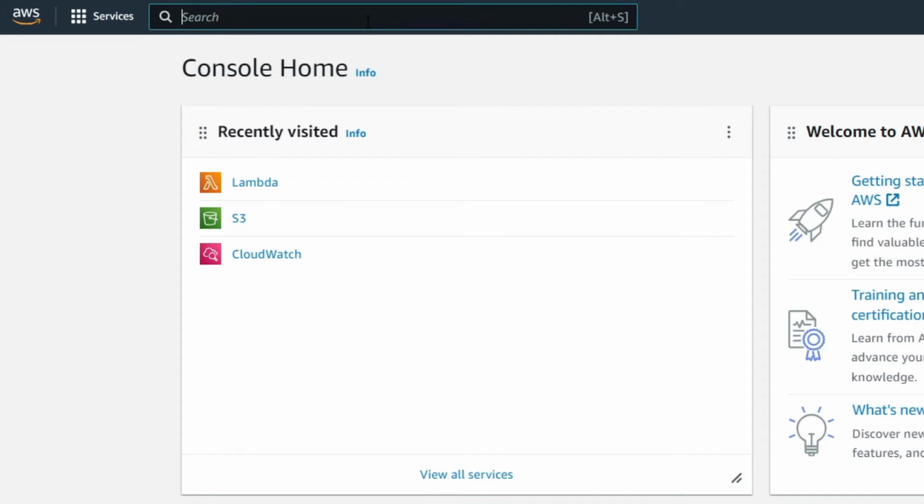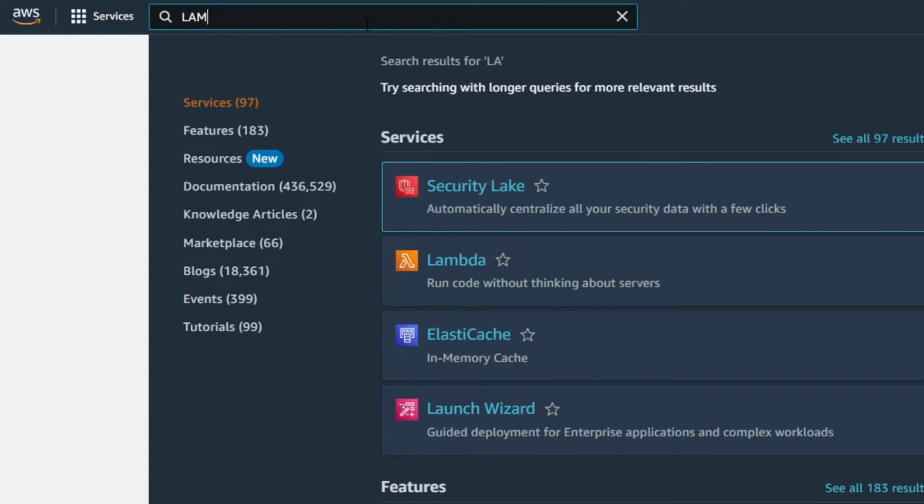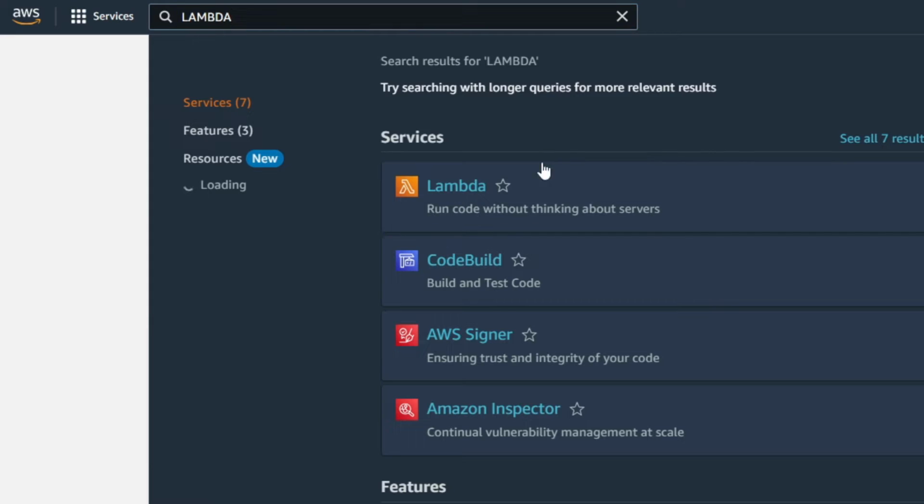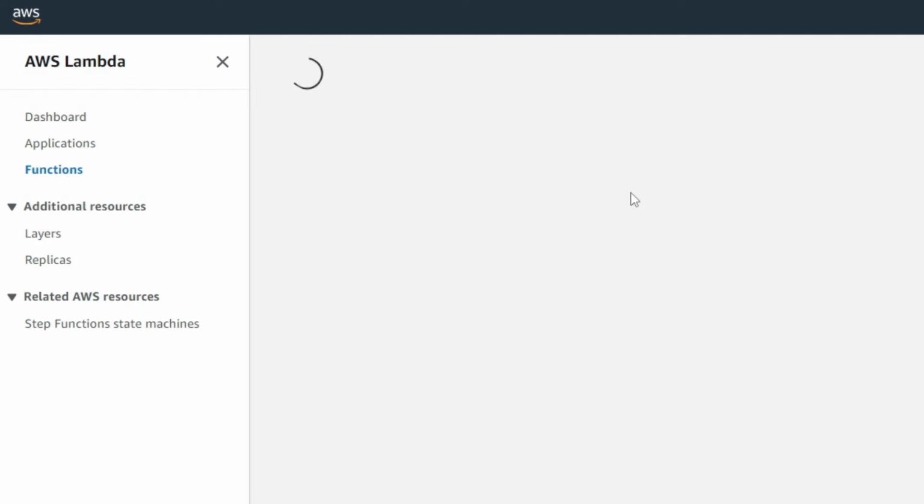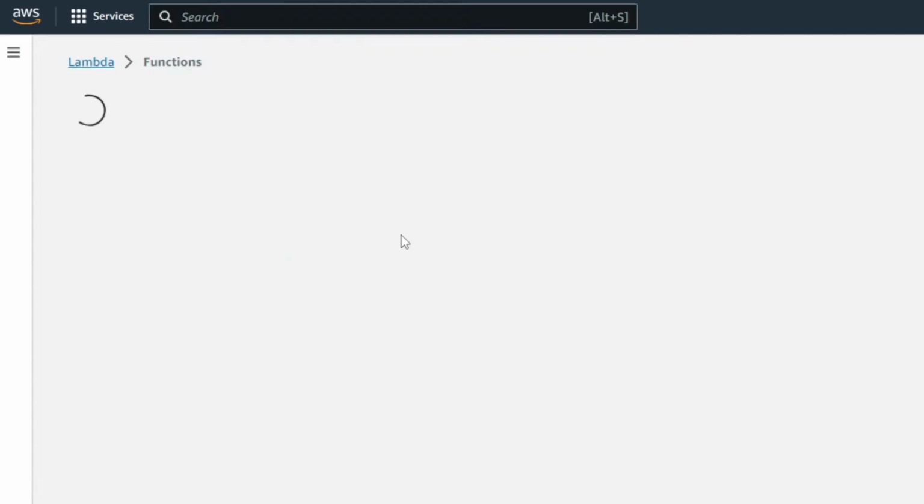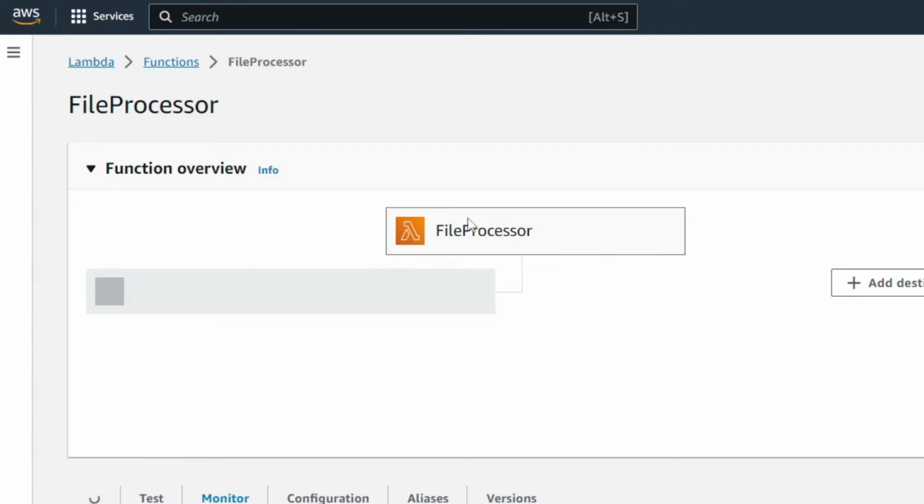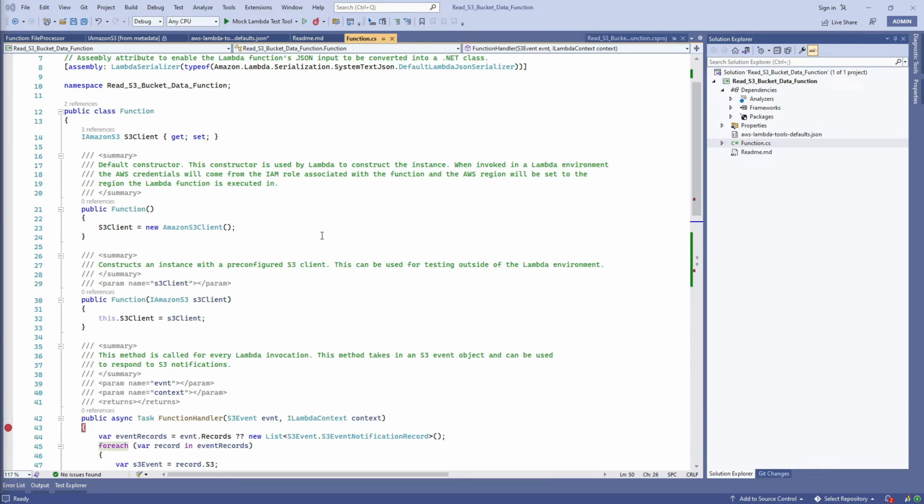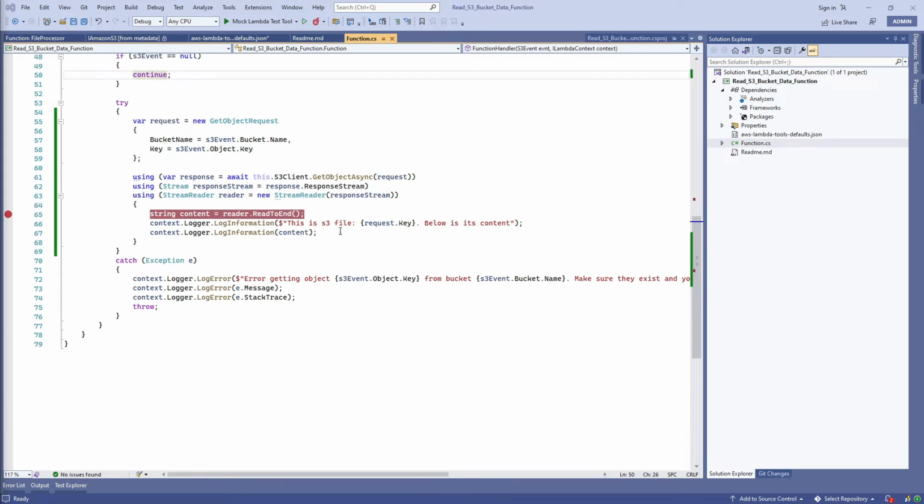Hello guys, do you know what is AWS Lambda function? In this video, we will learn about the AWS Lambda function. We will be creating the AWS Lambda function in C# using Visual Studio, and then we will deploy that